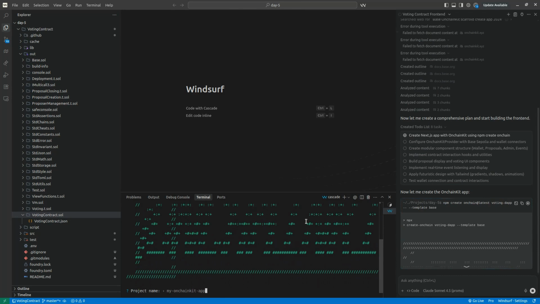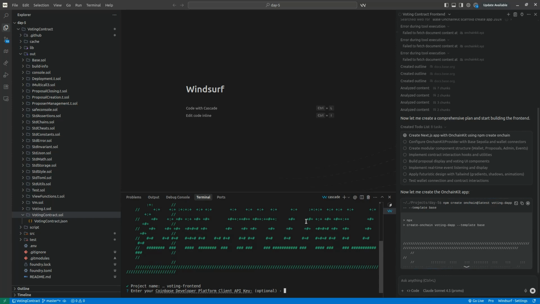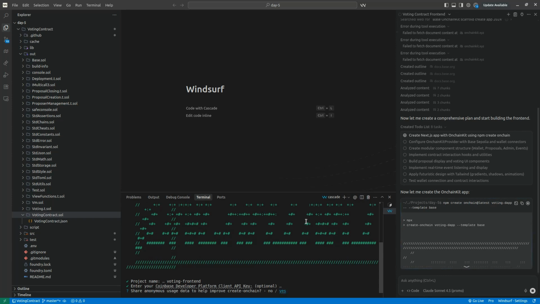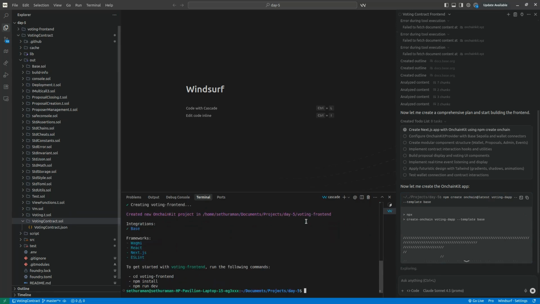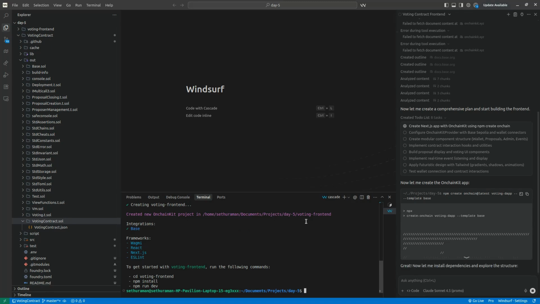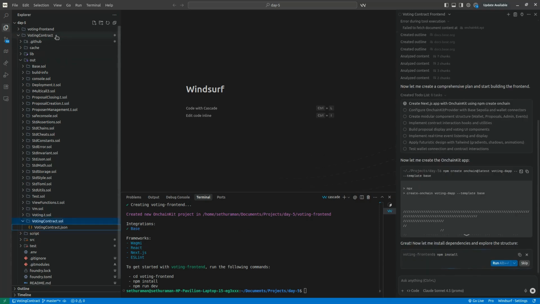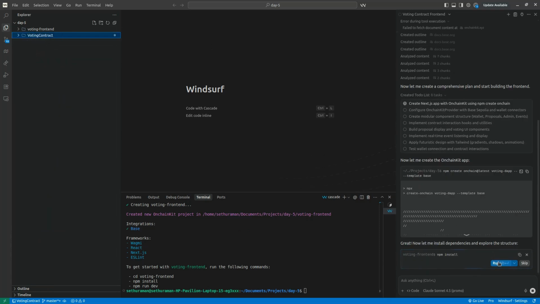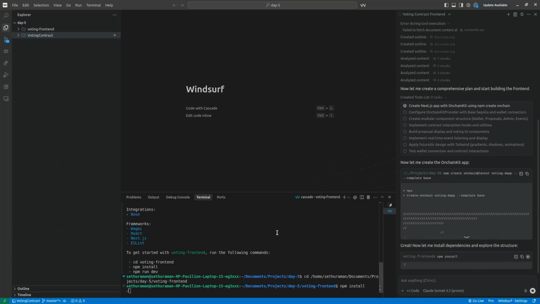Yeah, so we can just name it voting Frontend. Not now. Nah. Okay. So yeah, you can see how all of these steps